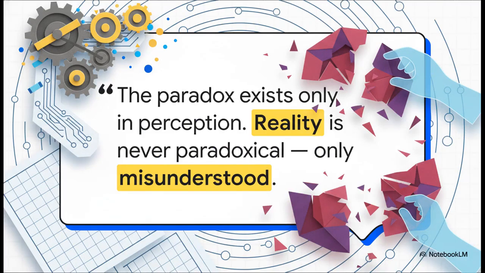And this quote, it really gets to the heart of the whole philosophy here. The core idea is that reality itself is never, ever contradictory. So if we run into a paradox in our physics, that doesn't point to some weird feature of the universe. It points to a flaw in our own understanding. The entire MCF architecture is built from the ground up to eliminate these paradoxes with purely mechanical answers.